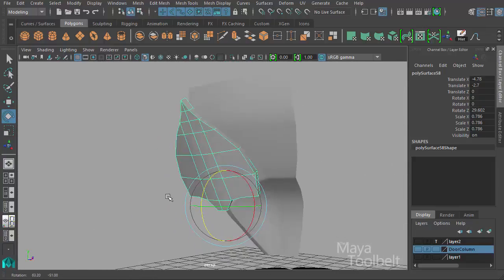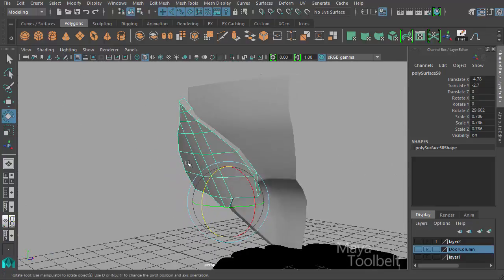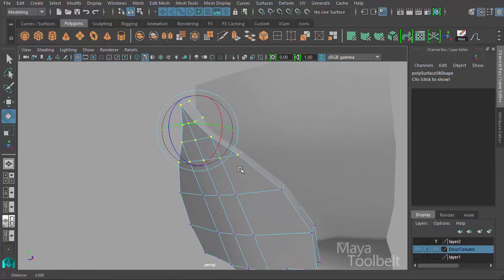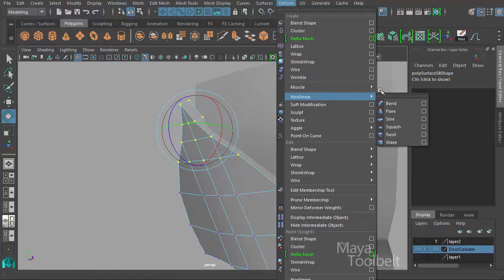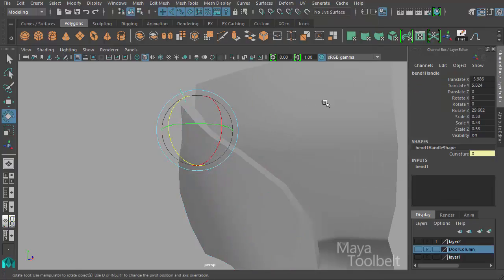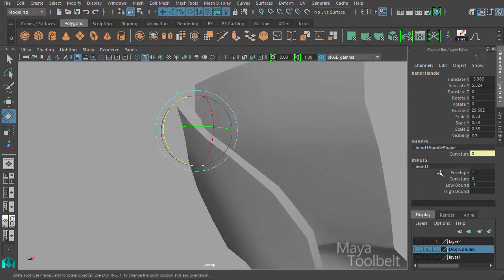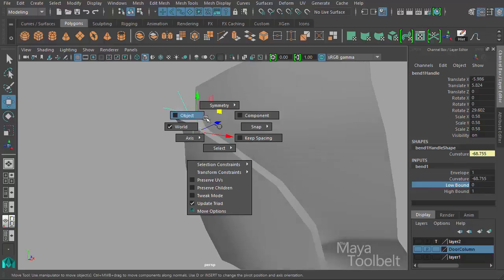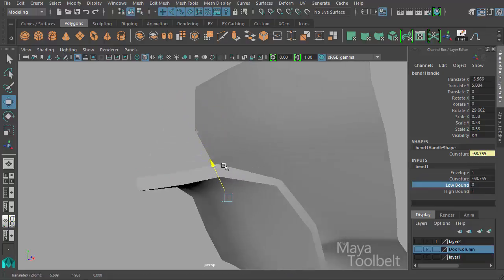So something like this. And now what I want to do is grab these vertices and apply another bend just to these. So deform, nonlinear bend, and I do have a video going over the bend deformer for those of you who are interested in learning more about it. So I want to have happen, I'm going to change the low bound all the way up to 0 instead of a -1, and I'm going to move the bend deformer